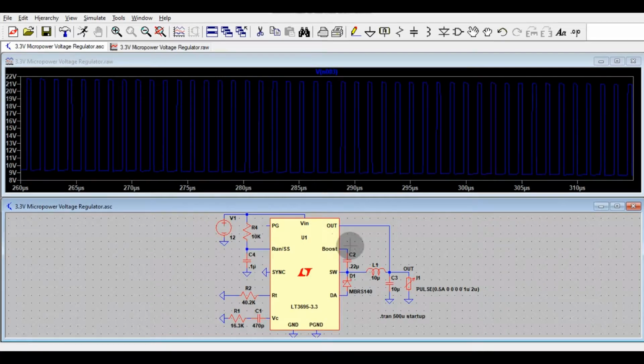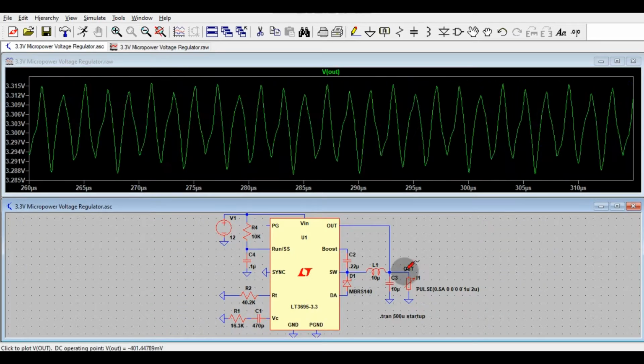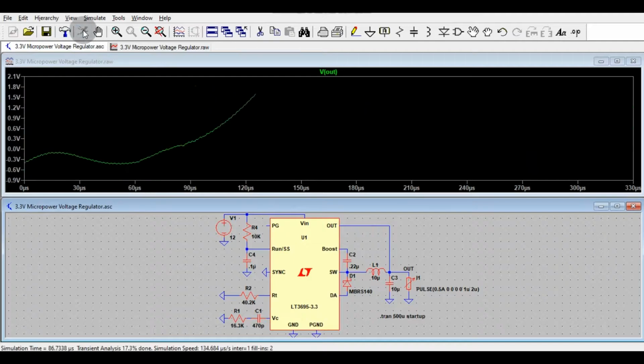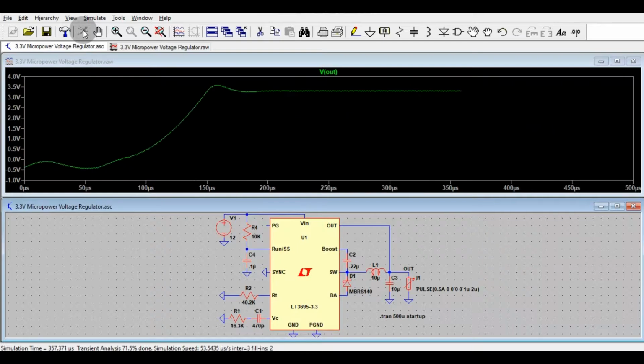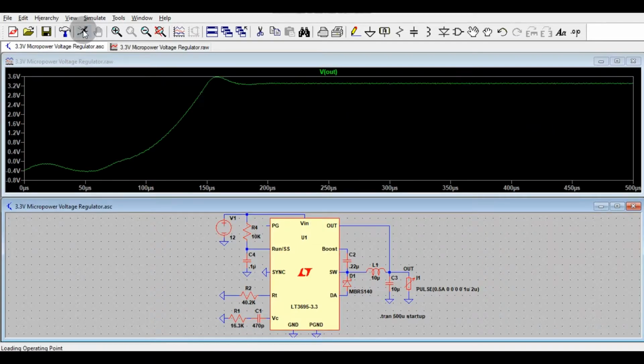Now finally I will show you the waveform at Vout. So this is the Vout. Let me zoom into this. The simulation is still running. Now you can see the behavior of Vout here.